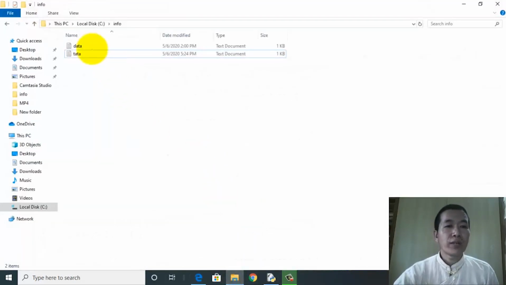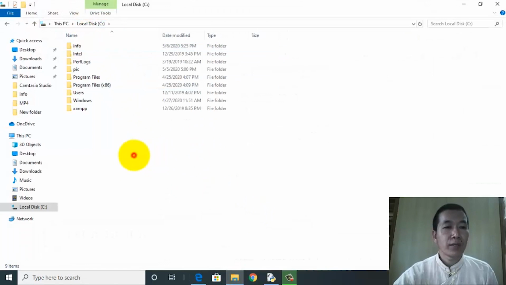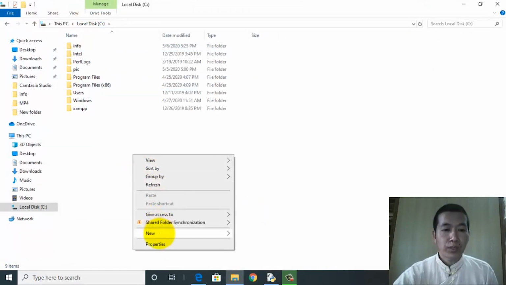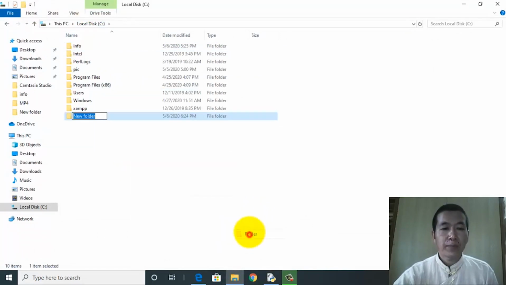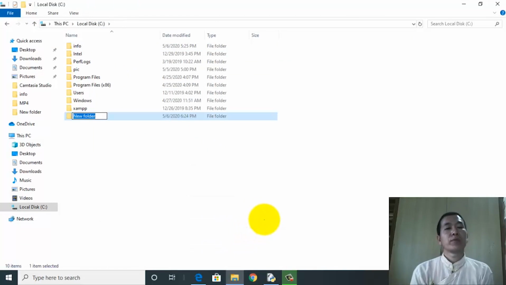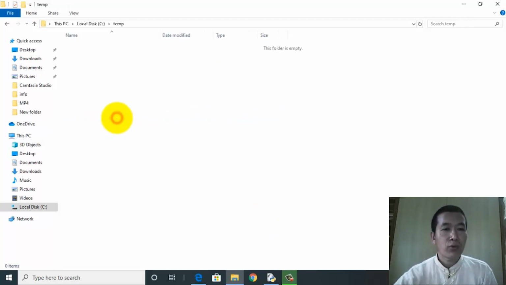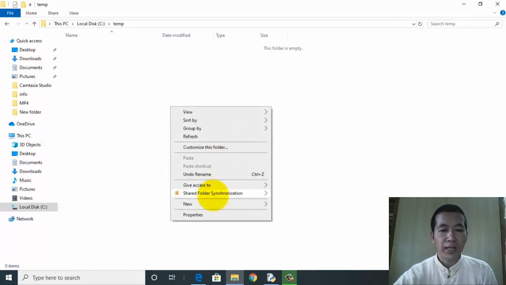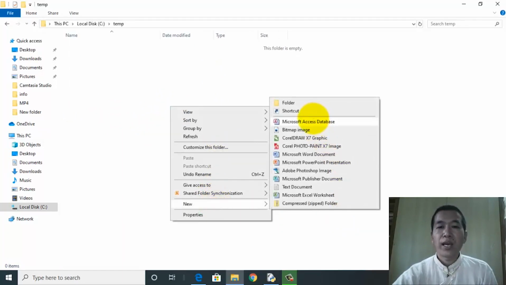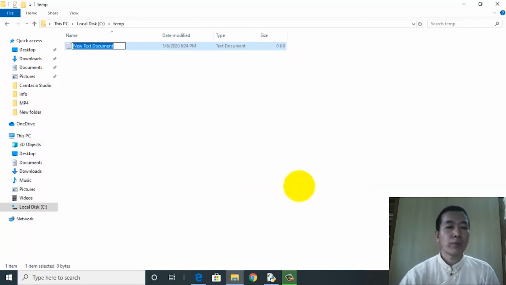We'll create a folder in C drive. Okay, and the name of the folder I prefer to have temp. Alright, and then in this particular folder I'll be creating a text file. Go to new and then the text document.